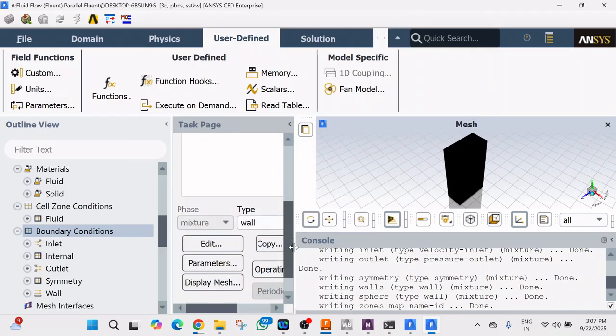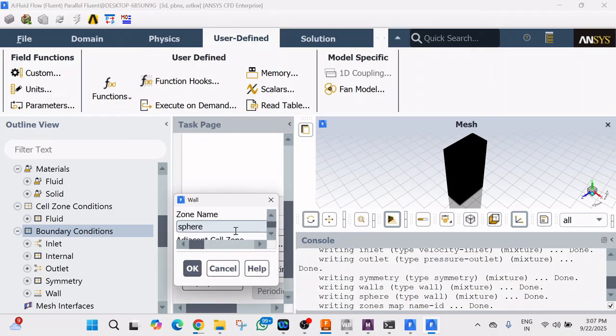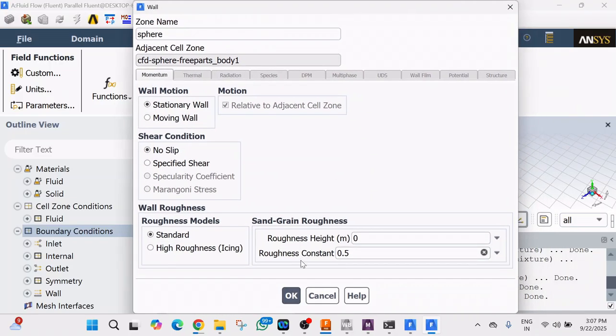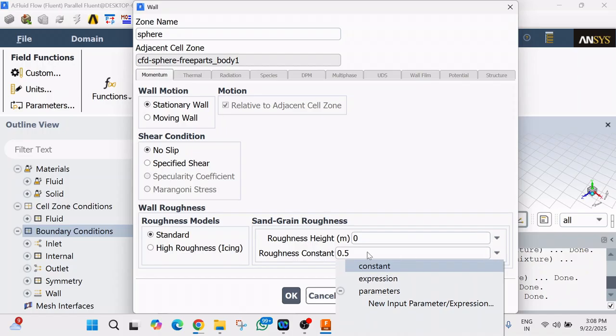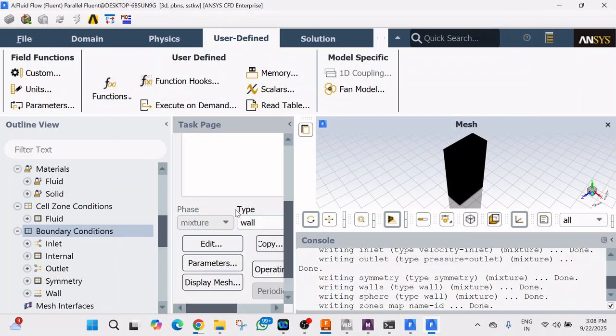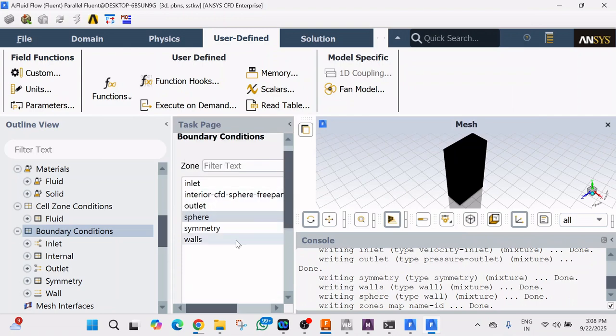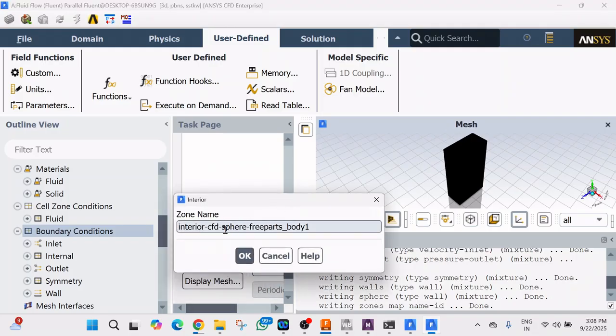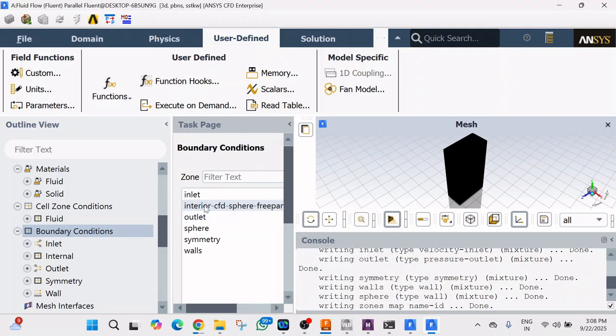And the sphere is going to be wall. Edit and ensure it is specified with wall, stationary wall with no slip condition. Click on OK. You can also specify the surface roughness here. And interior has to be air as the fluid domain. We specified the inlet, we specified the outlet, we specified the wall condition to the sphere, and now we will